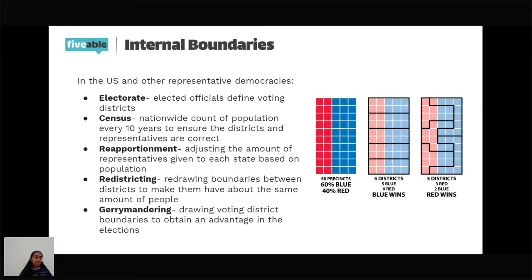So a state is divided into X number of voting districts, and this ensures that there's an equal amount of people in each voting district so that you can get the most accurate vote from the people. And gerrymandering is when voting district boundaries are drawn, so redistricting happens, in order to obtain an advantage in the elections. And this term came about when Governor Jerry from Massachusetts influenced how boundaries were drawn, and he basically went to the people who drew the voting districts,